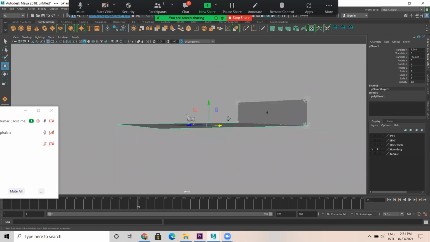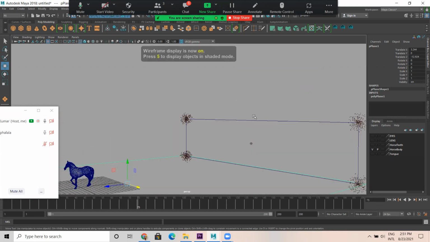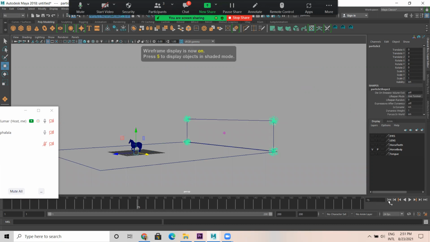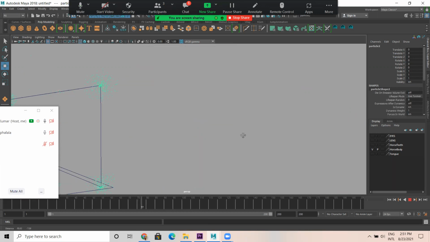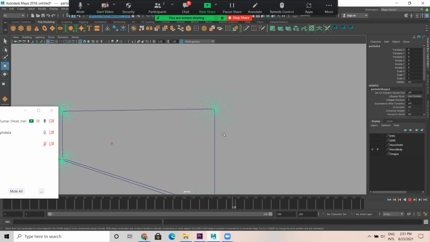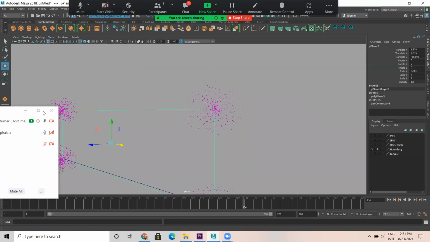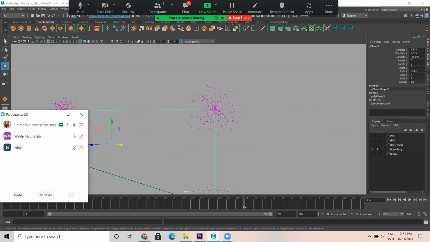If you notice here, from this particular model, particles are emitting. See, it's like an omni emitter. When I gave emit from object, from this particular object, wherever a vertex point is there, from that point particles will start emitting.